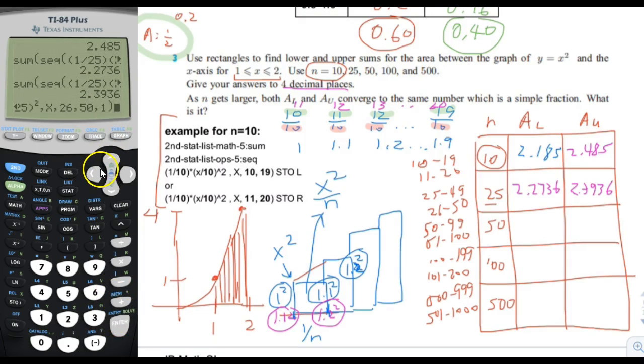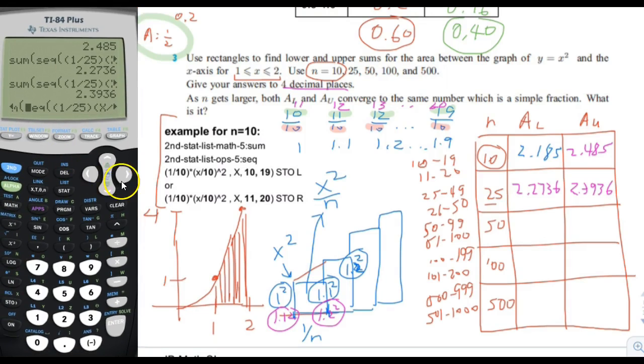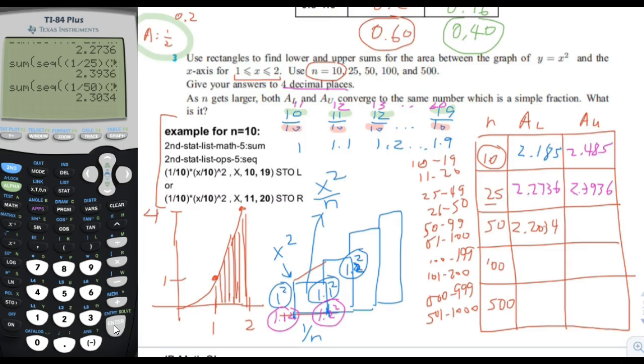So, let's do a few of these. Here we're going to be doing n equals 50. So all the 25s we're going to change to 50. And the 26 and 50 we're going to change to 50 and 99. And we get 2.2034. Okay, and then we're going to do our upper rectangles,